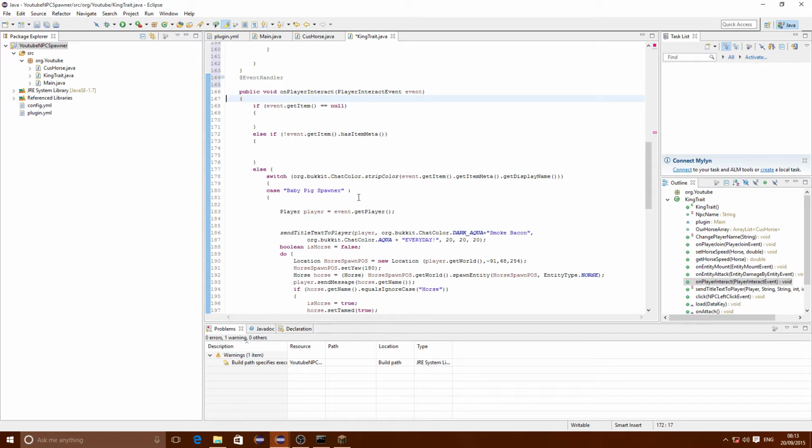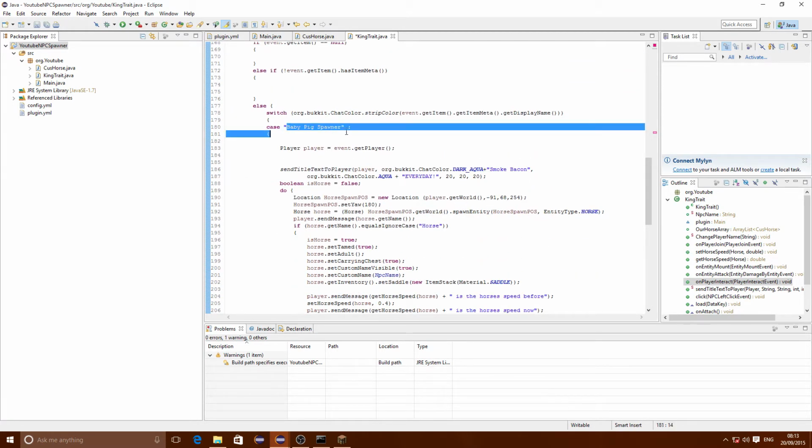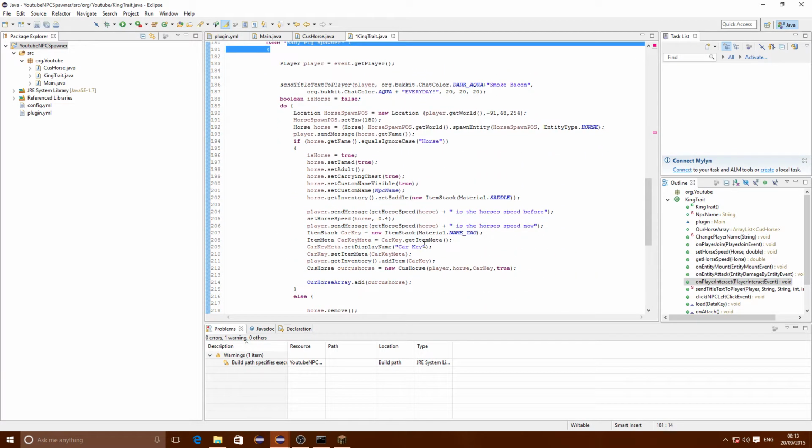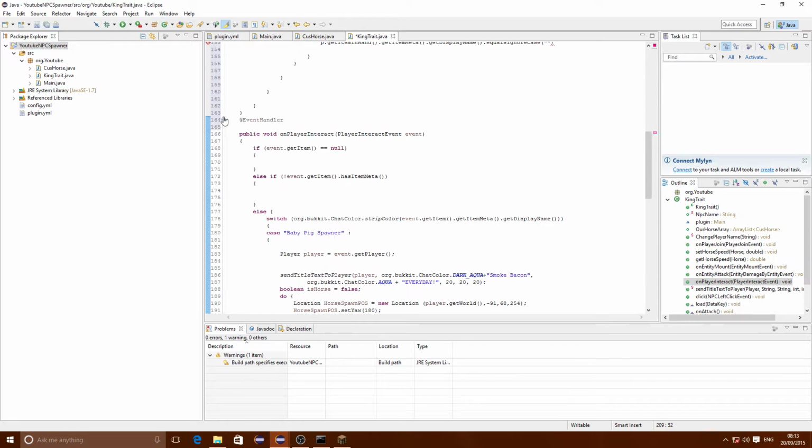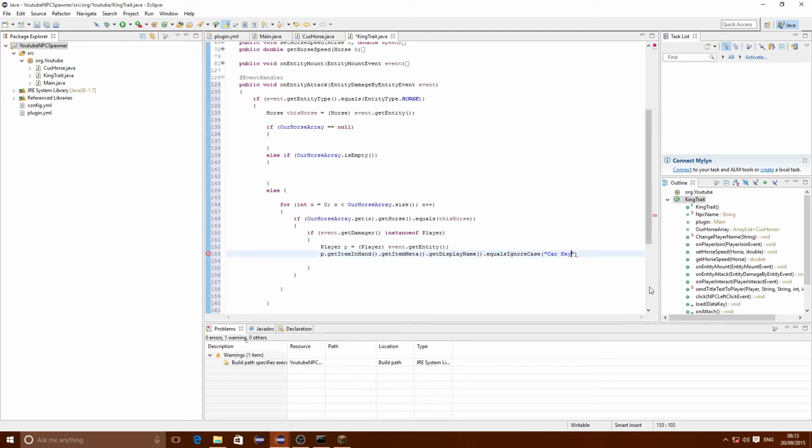Our rod is the baby pig spawner, but we won't use it because we're using a car key. It's just a car key. Close that now. If what we're using is a car key, the statement,